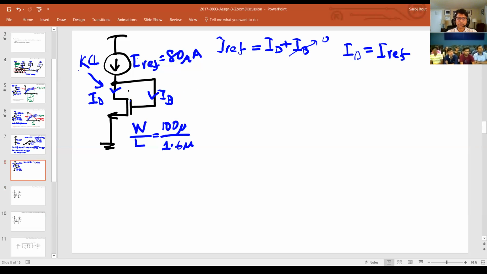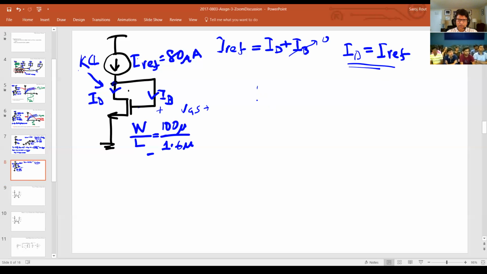So the steady state value of this gate to source voltage, the VGS, will result in such a value that ID has to be equal to IREF, because otherwise the KCL won't be valid here. Now, if you look at it transiently, how does it happen automatically? Well,